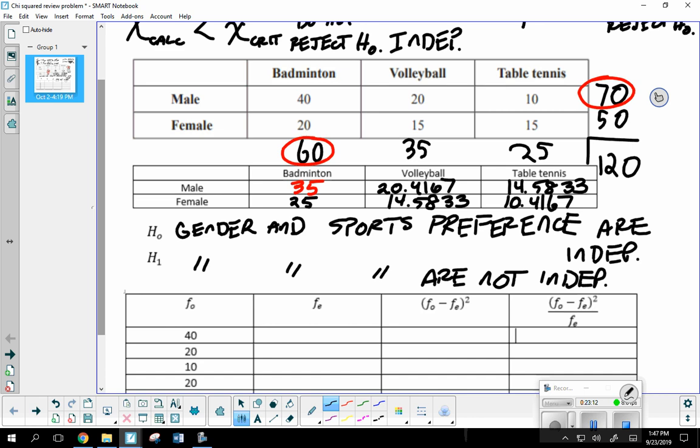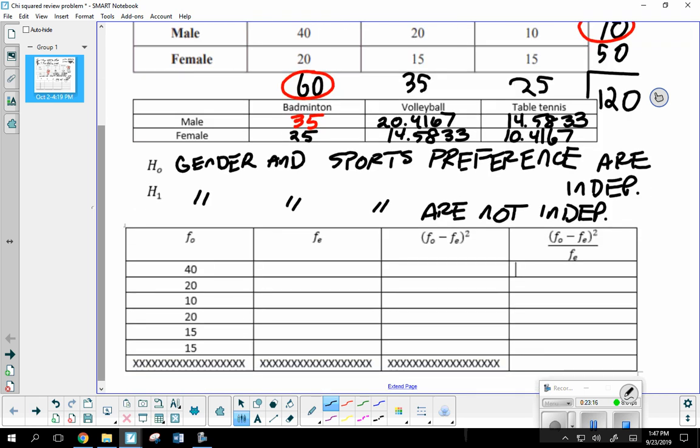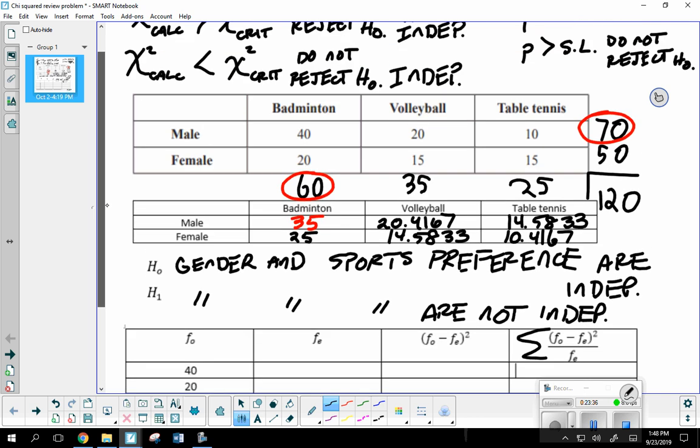Now you'll notice I have this table down here where I had the original idea that we were going to go ahead and fill the entire thing in. Taking the sum was going to result in my chi-squared calculated value. But unless anybody really wants to, I'm thinking let's just do it on the technology. So let's go ahead and do that. Now you guys are going to walk me through this one.